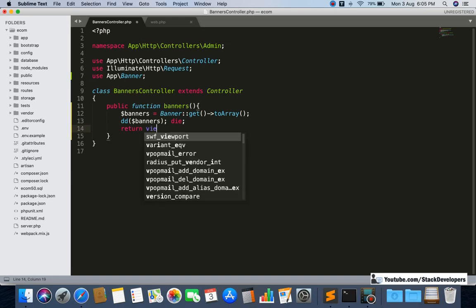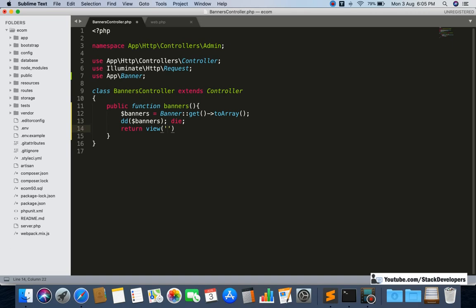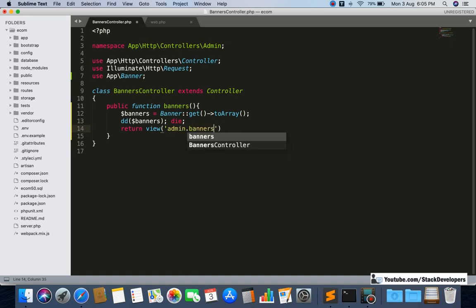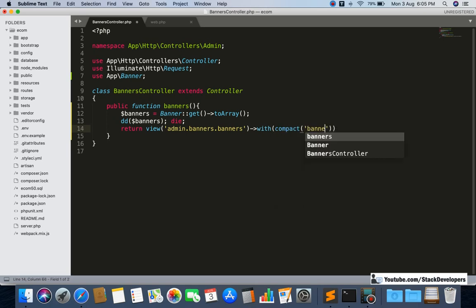Return view admin.banners, and in the banners folder we are going to create the banners file, and here we are going to send the banners array. Okay, and this one we can comment.